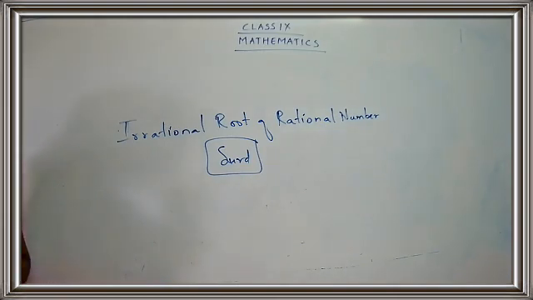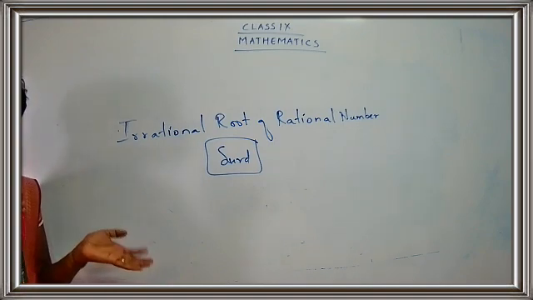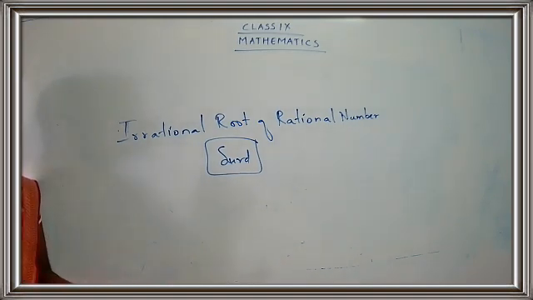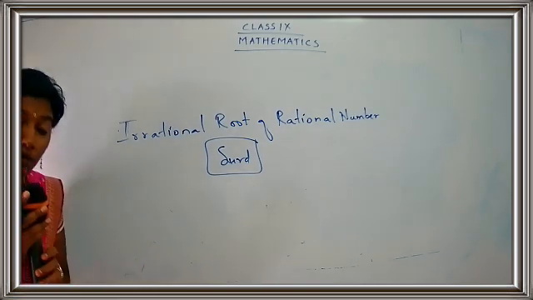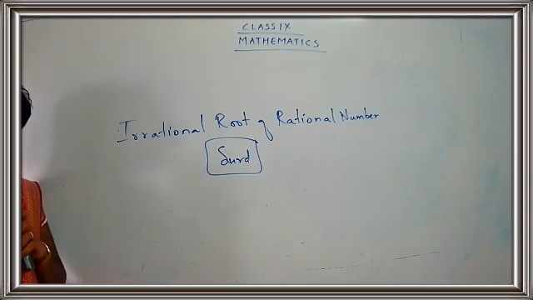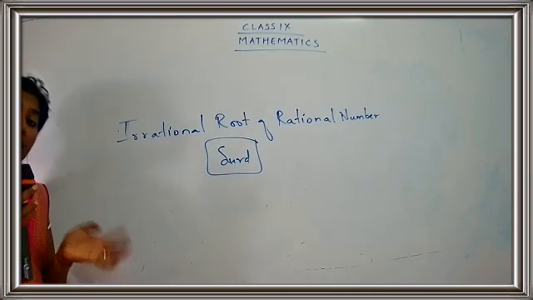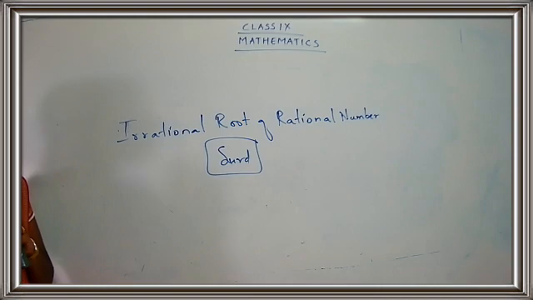And also we have seen some of the types of surds. What were they? Pure and mixed, simple and compound, and also binomial surd. Yes children, what is a pure surd? The coefficient is 1. What is the mixed surd? The coefficient of a surd is other than 1. That means the coefficient can be 2, 3, anything, but it should not be 1. If the coefficient is 1, you have to call the surd as pure surd. And if the coefficient is other than 1, you have to call it as mixed surd.